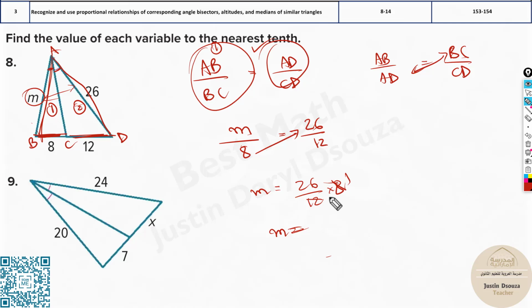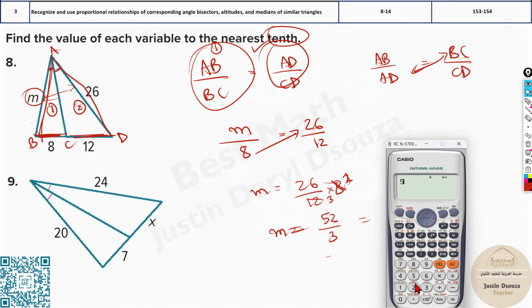It is 1 time. Over here you'll get 3 times. And sorry, it's 2 times. 4, 2 times 8. It'll be 2 times 52 divided by 3. And look over here, it's nearest tenth. That means we have to do it in calculator here. So 52 divided by 3 would be